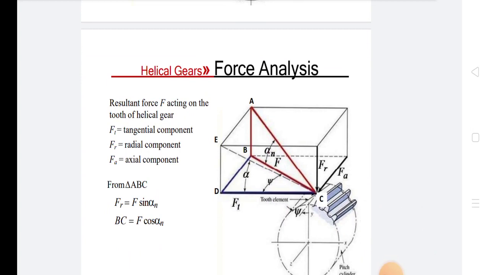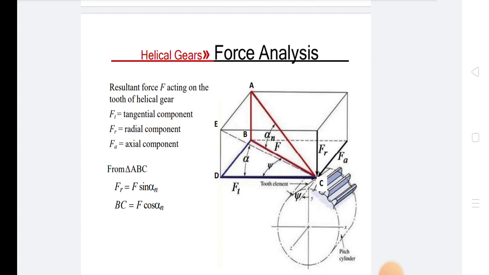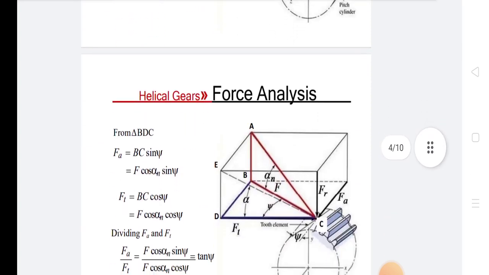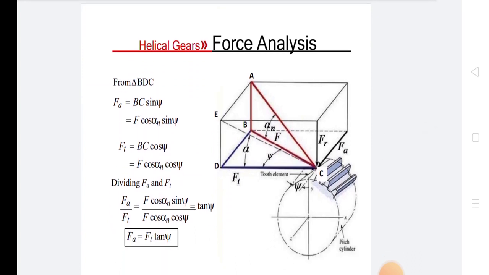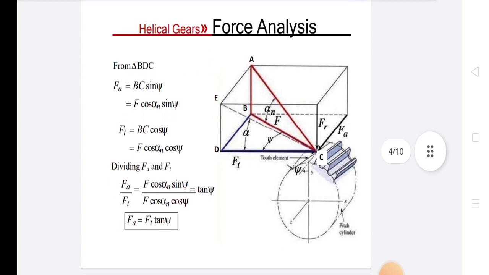Ft is the tangential component, Fr is the radial component, and Fa is the axial component. From triangle ABC, Fr is equal to F sin alpha n, BC is equal to F cos alpha n from this diagram. Also, from triangle BDC, Fa is equal to BC sin psi, that is equal to F cos alpha n sin psi. Therefore, Ft is equal to BC cos psi, that is equal to F cos alpha n